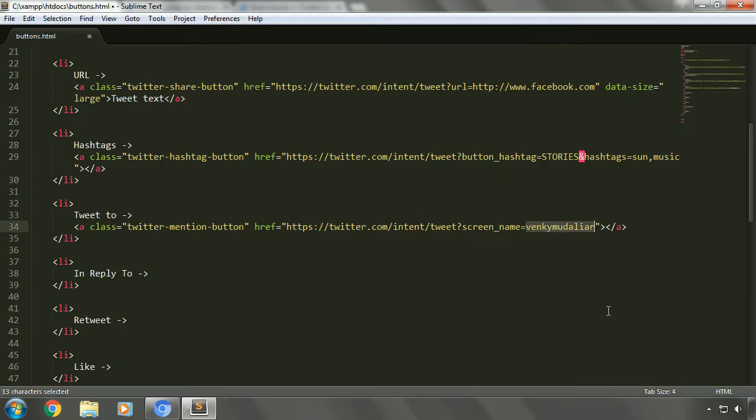So the username is displayed on the button. Suppose you want to reply to a specific tweet, so you can use this in reply to button. So you need to mention the tweet ID in the parameter. So let's write